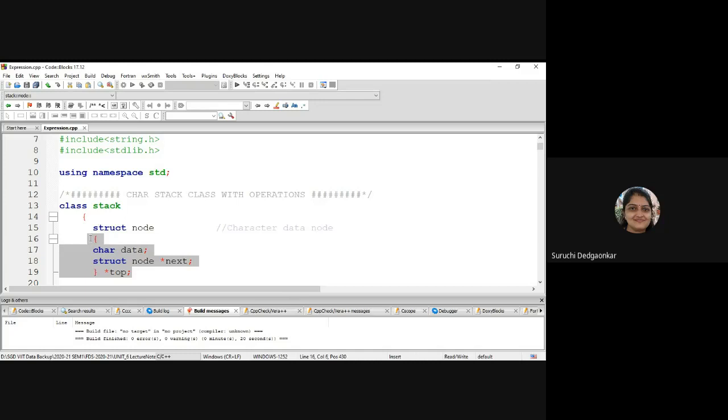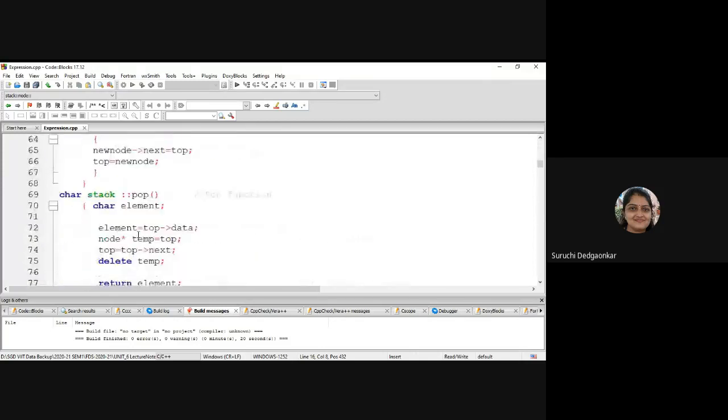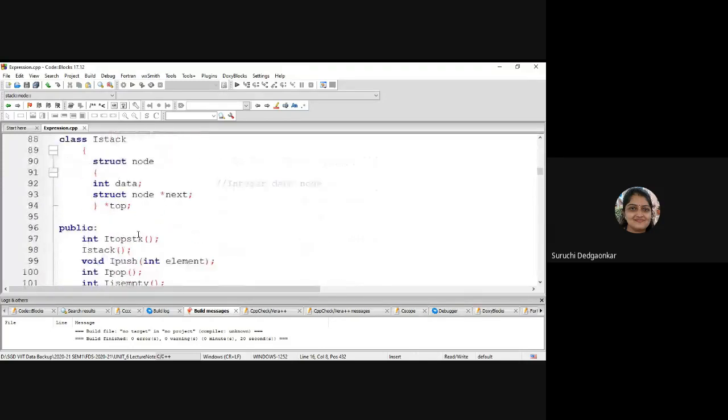And its variable is struct node pointer top. Like we have struct node pointer head, similarly here top. This is the character stack which is required for the conversion part. And similarly, we have here an integer stack, the object of which will be used for the evaluation part. So we will see this integer stack.